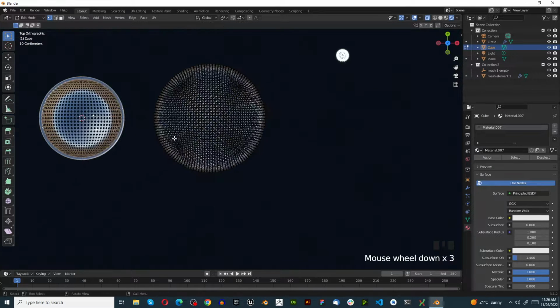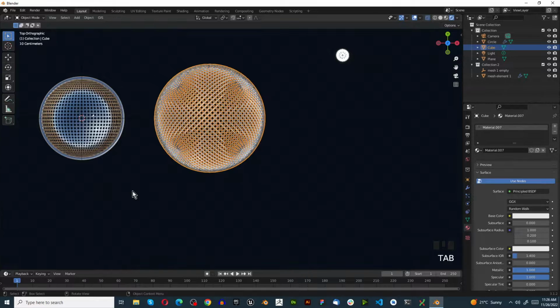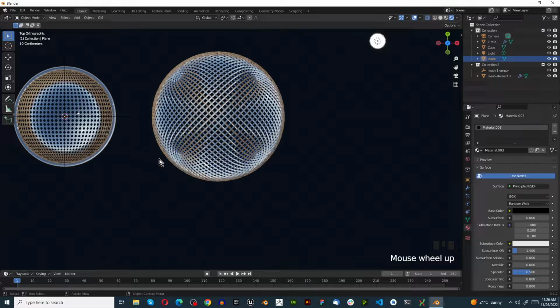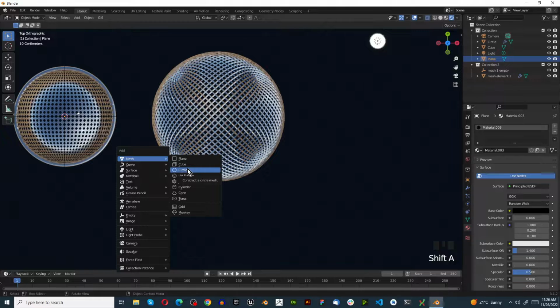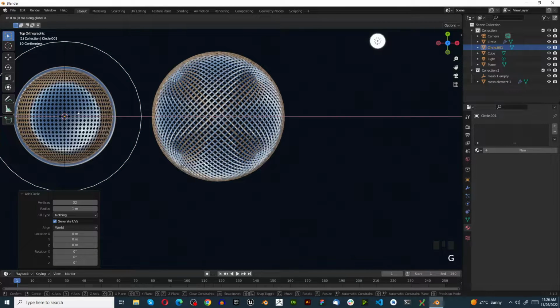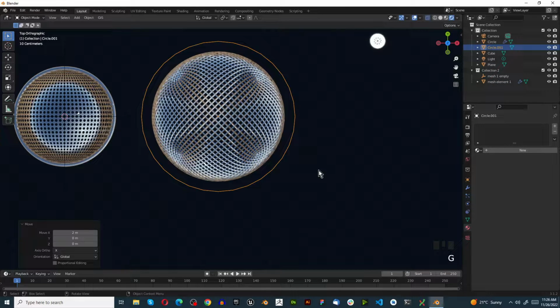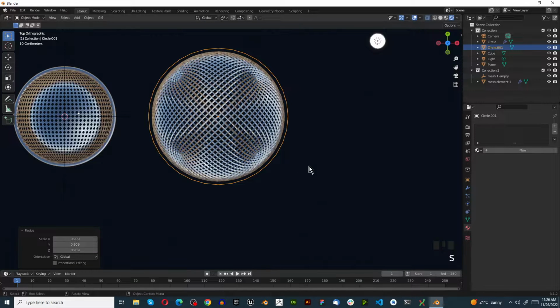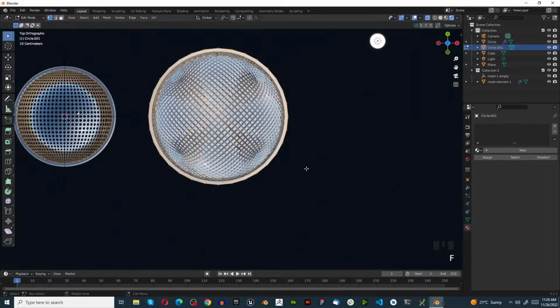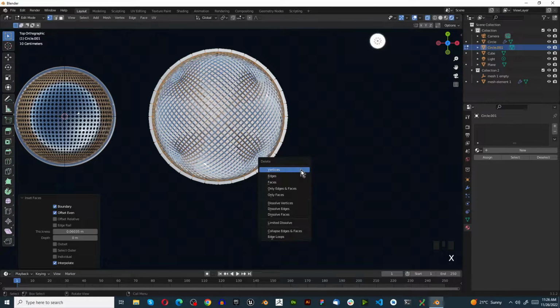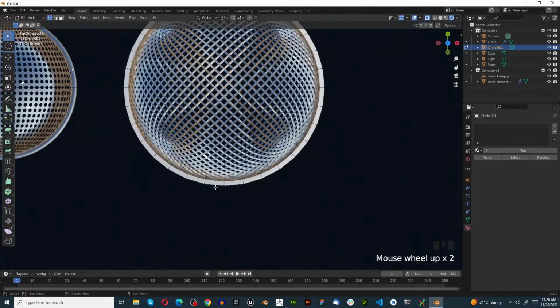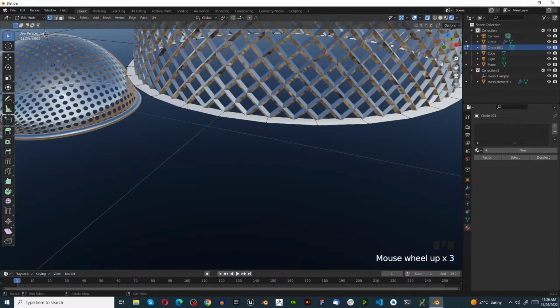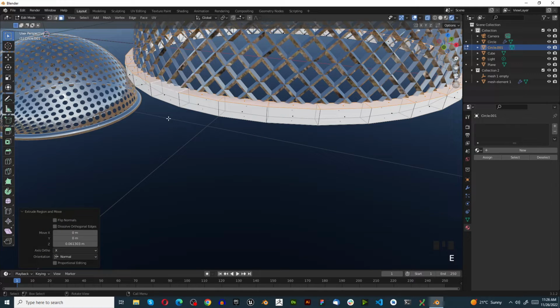Alright, so now when we're looking at this, this is what we see, which is grand, but we want this to be round. But before we do that, because this is going to slow down the computer quite a bit, I'm going to press Shift A, Mesh, Circle, GX2, S, scale this into about there, Tab to go into edit mode, F to fill, I to inset, X to delete that face, and then 3 to choose faces, Alt, select the top faces, press E to extrude,